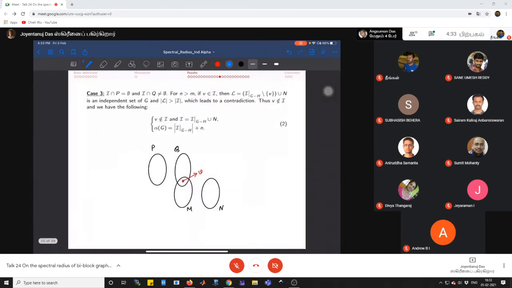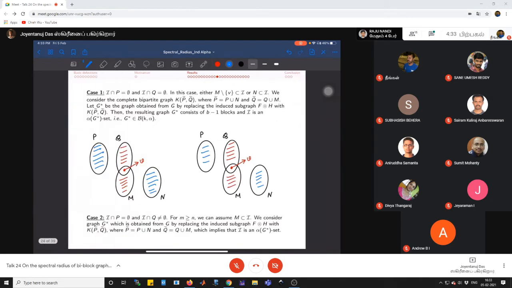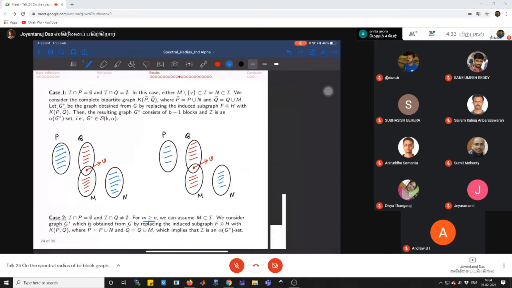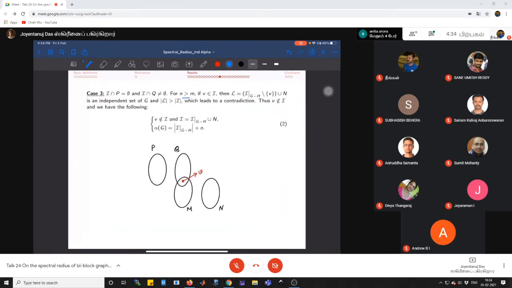Okay. So next, move on to case 3, where I intersection P is empty and I intersection Q is not empty. In the previous case we considered that M is greater than or equal to N. So here we are considering that N is strictly greater than M. Then what happens? One thing you can see is that V cannot be in the independent set, because of this logic